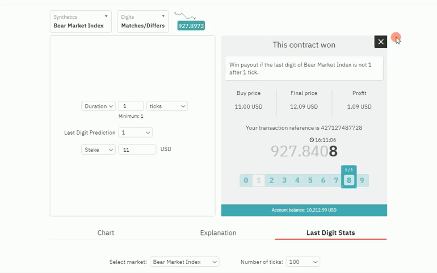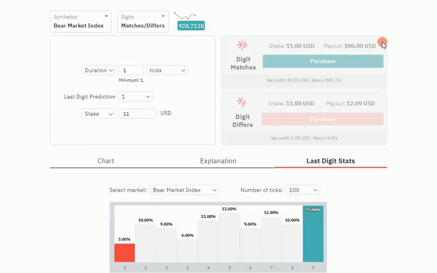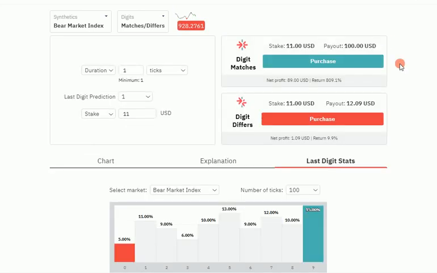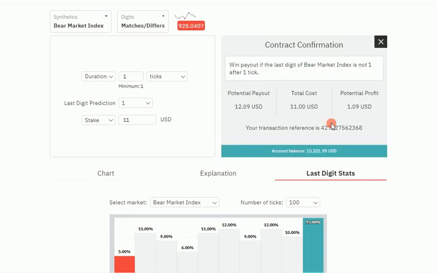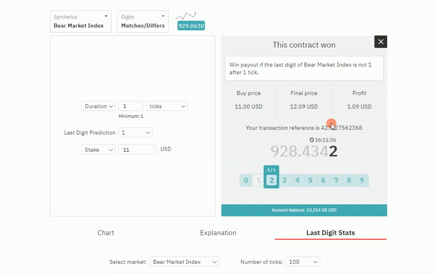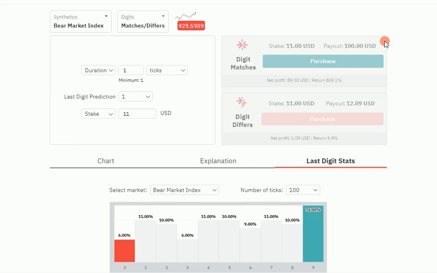You get it? Now we won the contract, so our net profit is 1.09 because our buying price was 11 and then final price was 12.09. So our net profit is this. So you just close it and then come back again. We have another 1. We can go in for our contracts. It is 2, so we won this contract again. It's very simple,